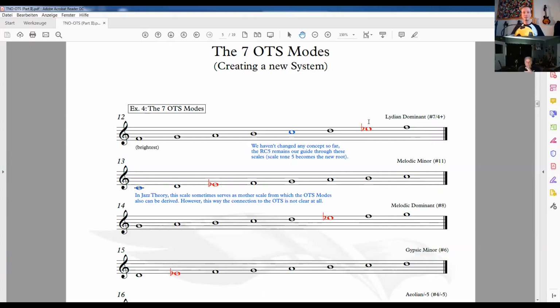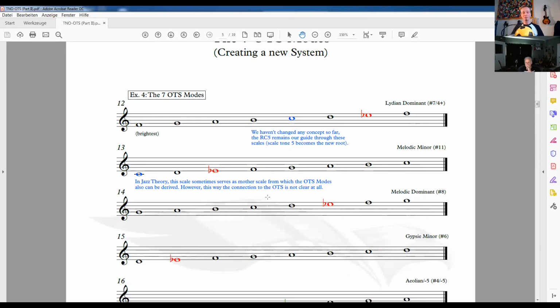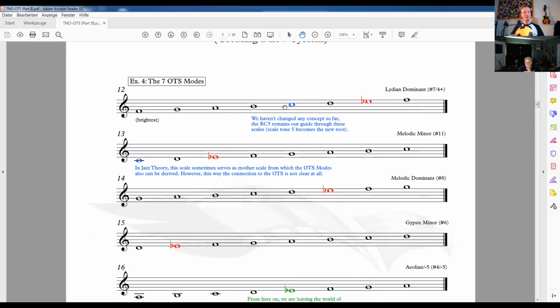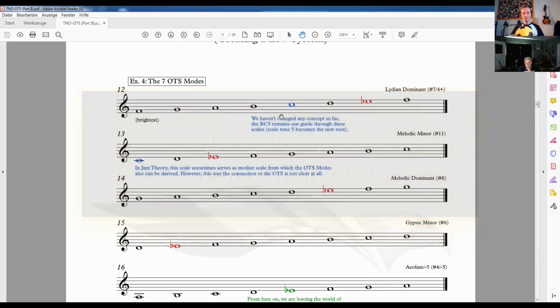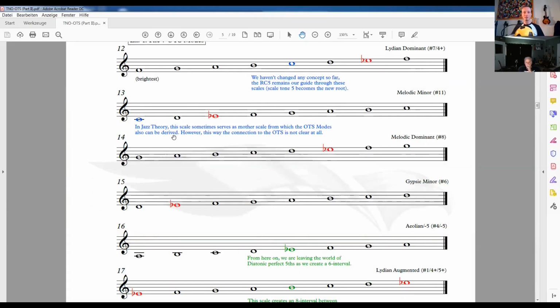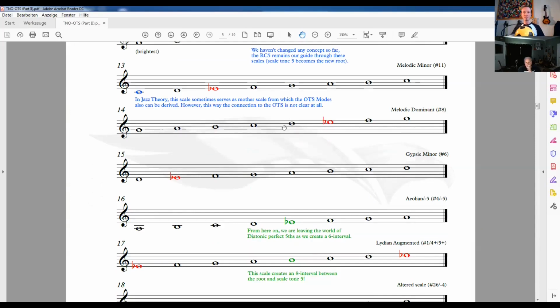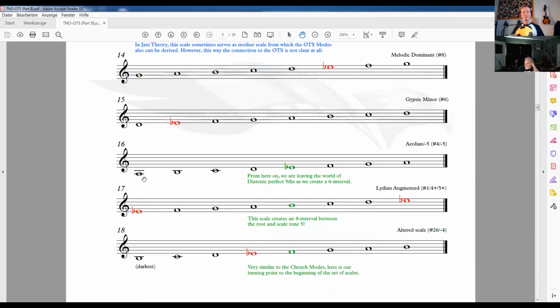We can substitute this note in every one of the church modes. And this will bring us to the OTS modes, really. Okay, so that's a very simple concept here. And we haven't changed the idea of taking our scale step 5 as our new root for the next scale. And we continue the same idea. So the G becomes the new root tone, the D becomes the new root tone, then the A, then something